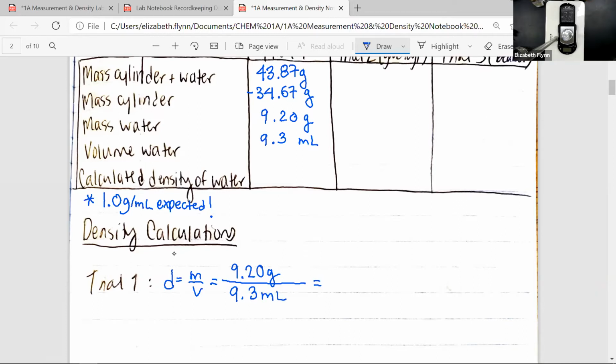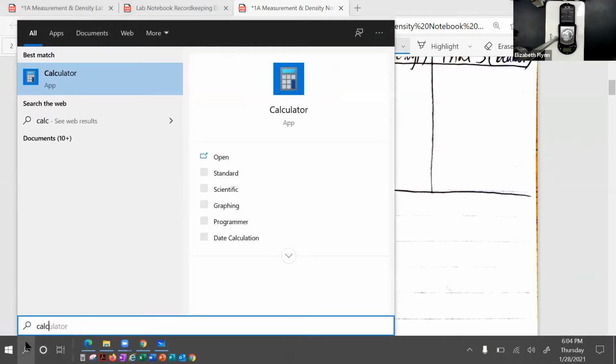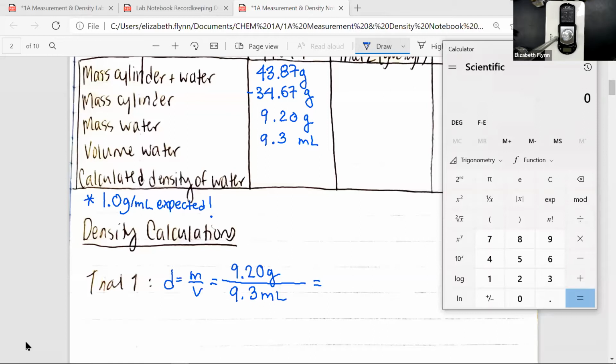What do we get? 9.2 divided by 9.3 is equal to